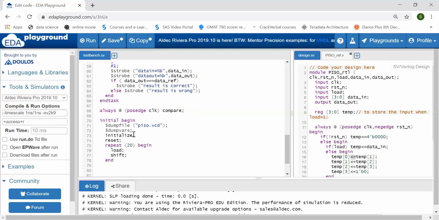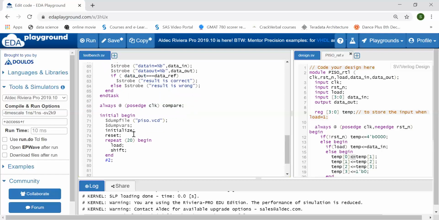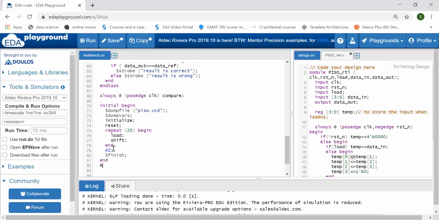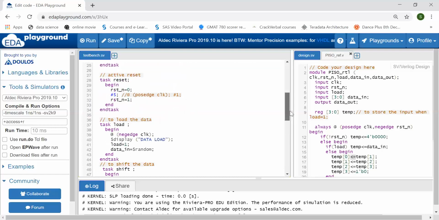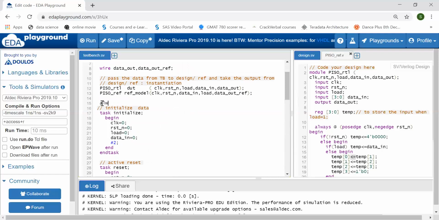So after this, let's give some hash delay. As I am using an always block for generating the clock as well as here, whenever you are using an always block or forever block, don't forget to call $finish. If you are not calling $finish, then your program is going to run forever. So we have to call $finish, then endmodule. Here I have to generate the clock also. To generate the clock, I can simply write always #5 clock equal to not clock. So clock equal to 0, and after 5 the clock value will change. Okay. You can use a forever loop also. It's up to you.